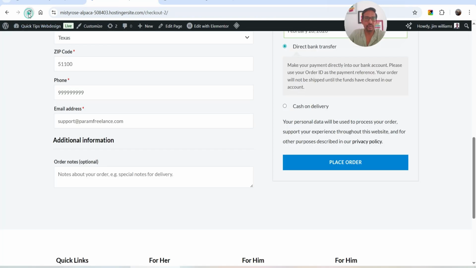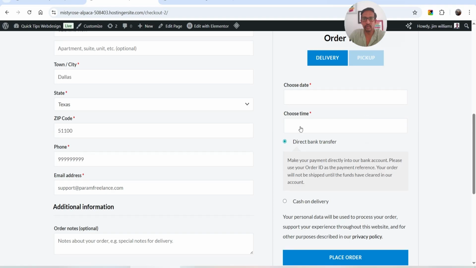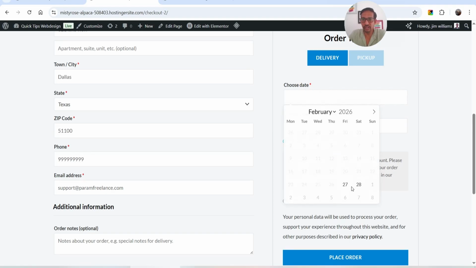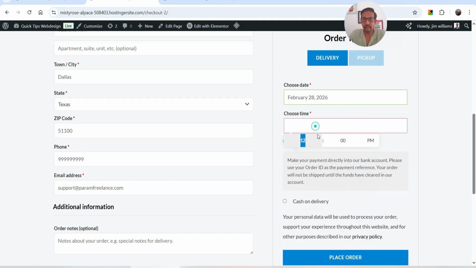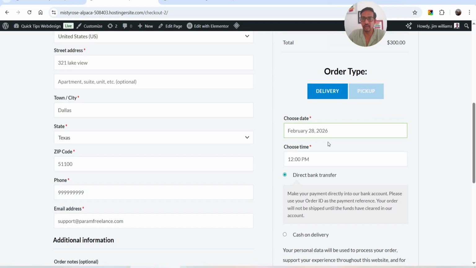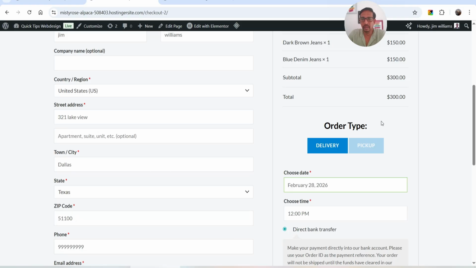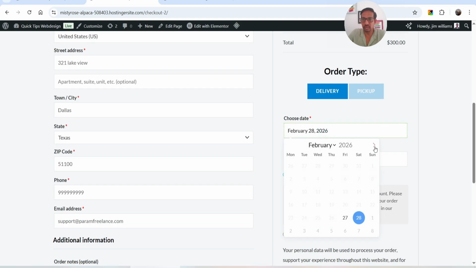Right, let's go back, refresh it. Now here you will see choose time option is available. I'm going to select one date here, and let's select the time. This is how I can select the time and the date. Now let's select the date, which is on Sunday,